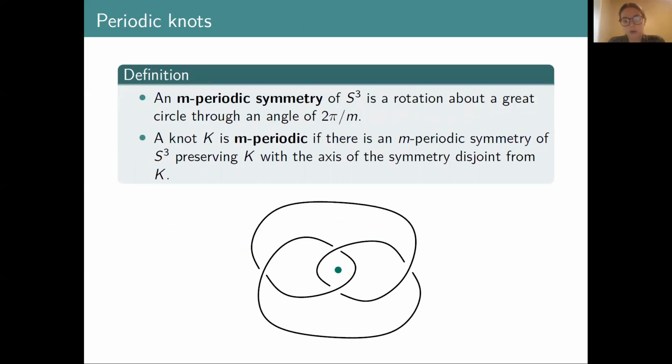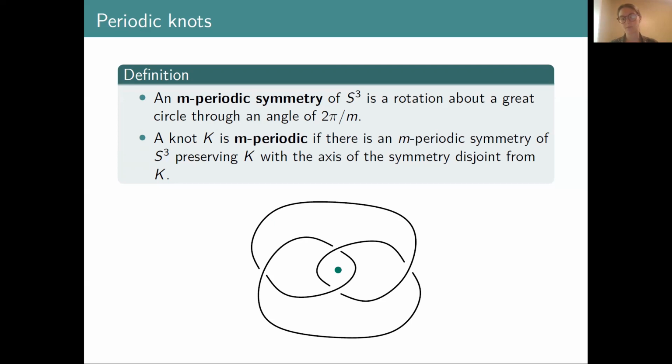Okay, so we're going to use a property that some knots have called periodicity. So in S3, a periodic symmetry is a certain type of rotation. So I have an axis, which is always a circle, and I rotate about it by an angle of 2 pi over n. And how that relates to knot theory is, of course, knots are sitting inside of S3. And so if they behave nicely with respect to the symmetry, we'll say that the knot is also periodic. So we want that the axis of the symmetry is disjoint from the knot, and also that the symmetry takes